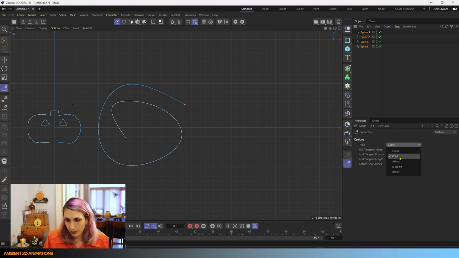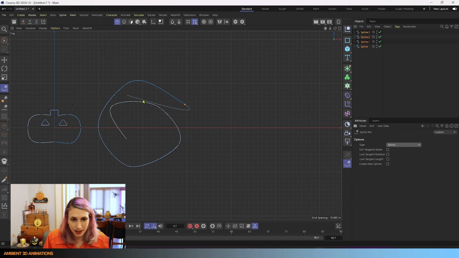Then let's say if we use the Akima spline. See, I just changed that to an Akima spline, and now it doesn't have the overshoot anymore. And you can alternate between these. So cubic, you can see the difference between the overshoot here and the Akima spline.